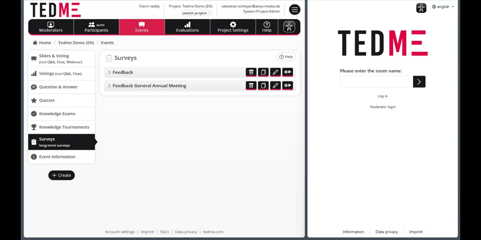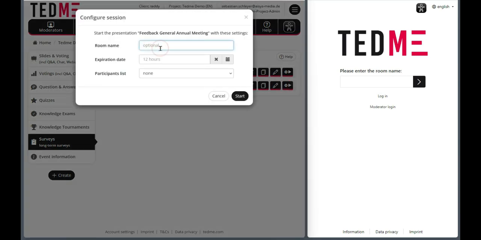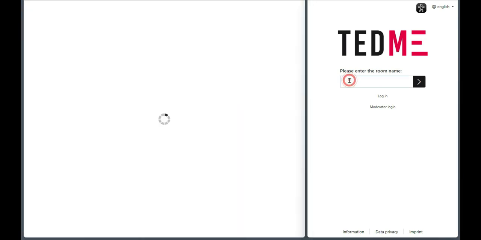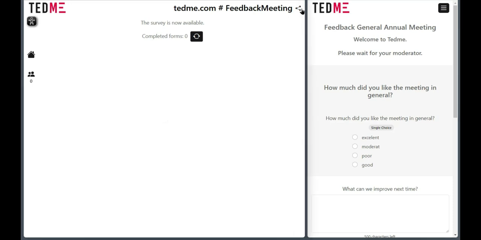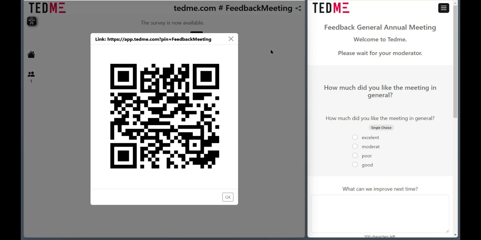To start the survey, I click on Start Session. I assign a room name and participants log into TEDME.com in this room. Alternatively, I can click on the link icon at the top, either to send the link via email or copy the link. In the case of an in-person event, I can also project a QR code on the wall for